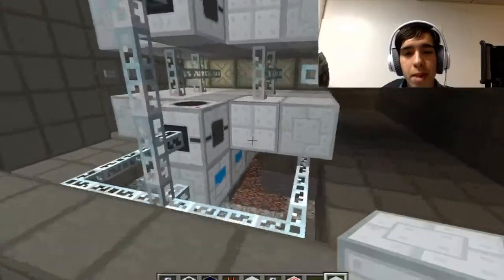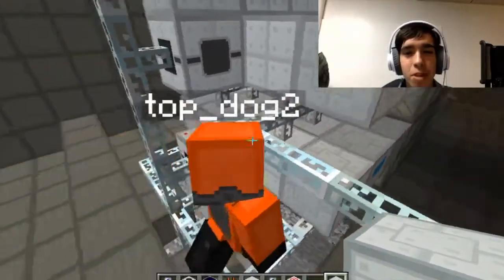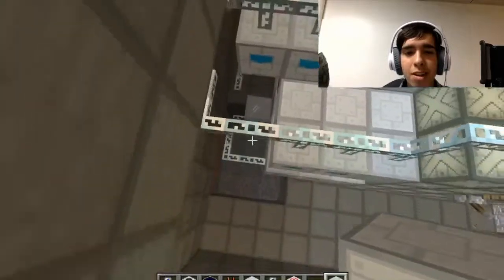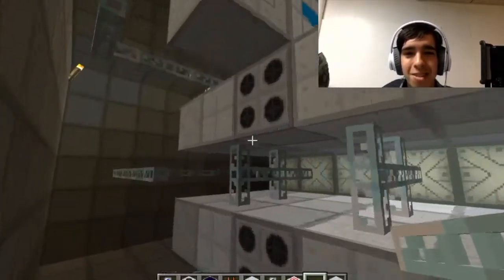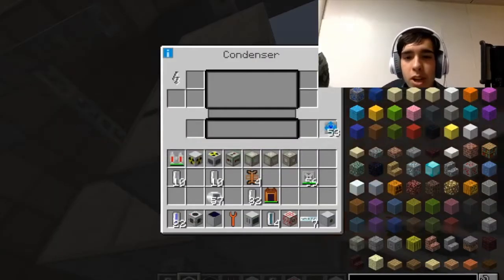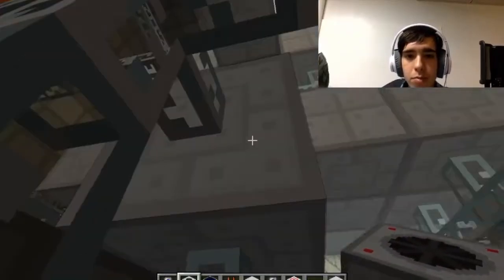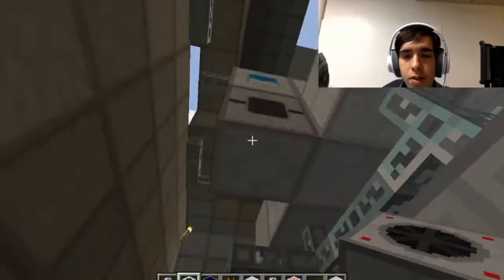Or the cables break. I'm trying to think, is there anything that I'm missing here? No. Oh yeah, you're right. Just want to make sure our output power is not connected. This has been just a crazy project. Wait, remember to put the fluid ejector and heat vents. So put one fluid ejector all the way to the right and fill heat vents. So you do the wiring, I'll fix the...